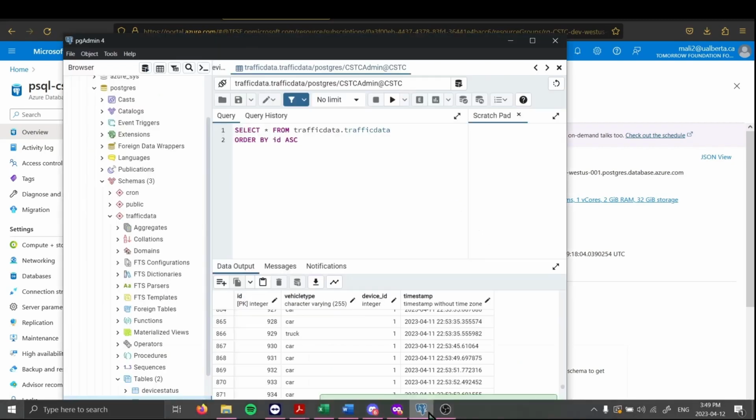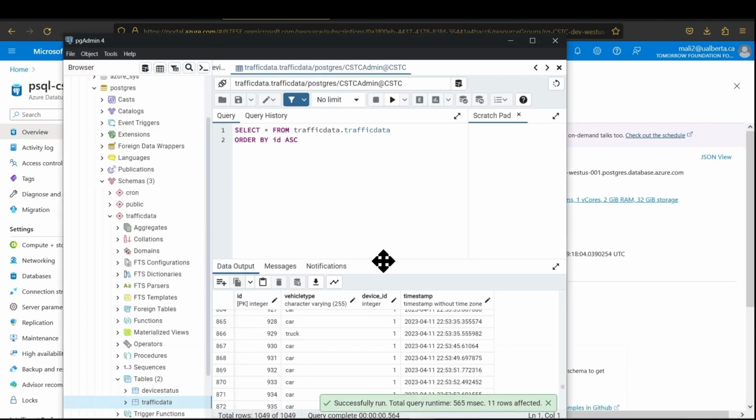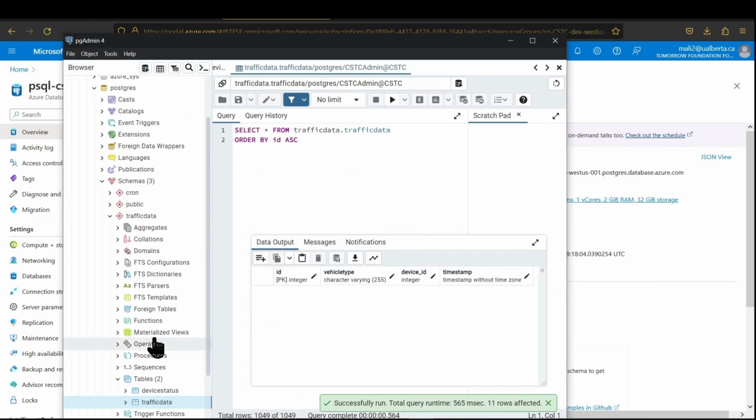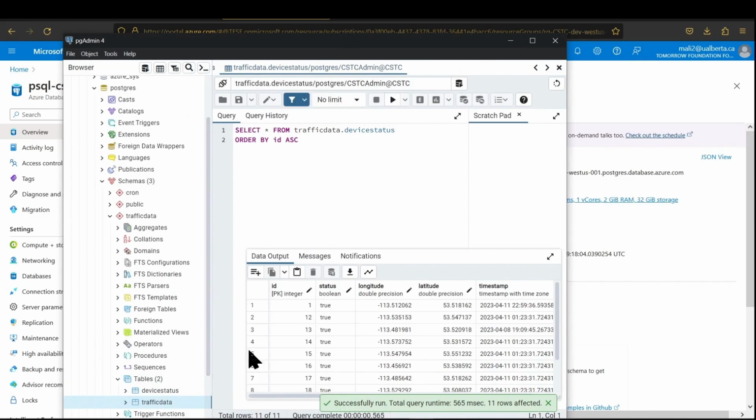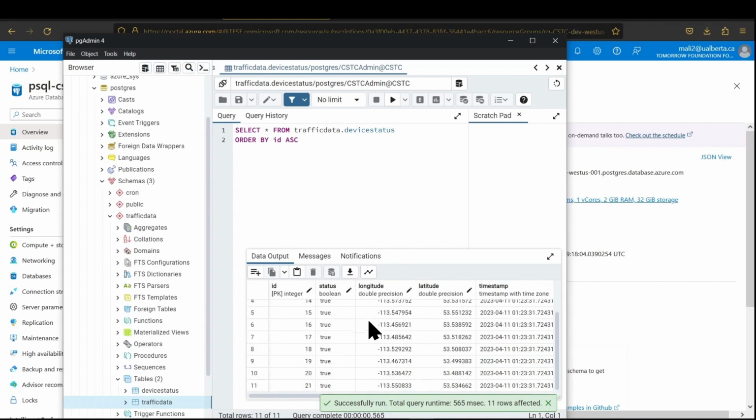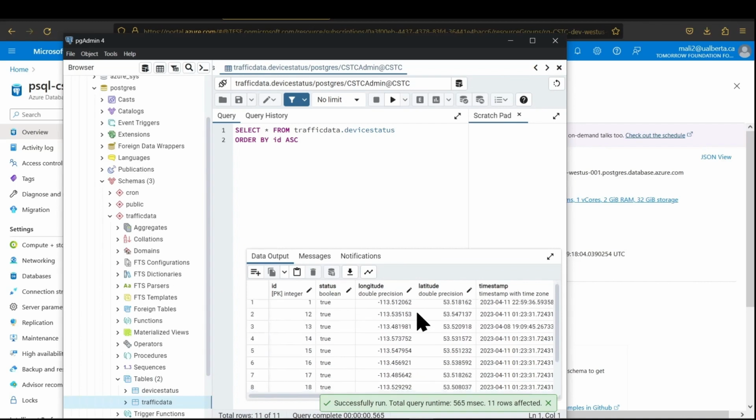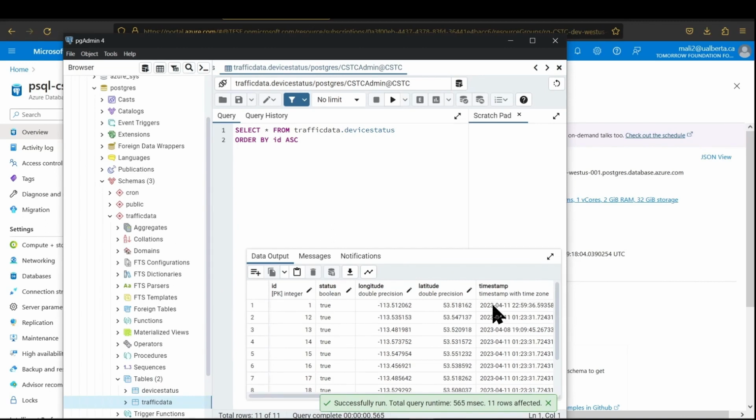So in here, if we open pgAdmin, that allows us to open the database, we can see that we have two tables shown on the left right here. We have the traffic data, and we also have the device status. So if you take a look at the device status table, this is a table that stores the status of each device hosted at every location. In here we have the device ID, the status, and the longitude and latitude, and the last time the device